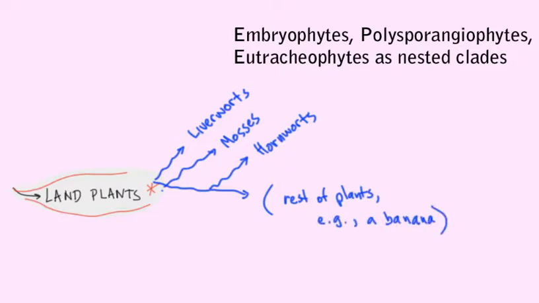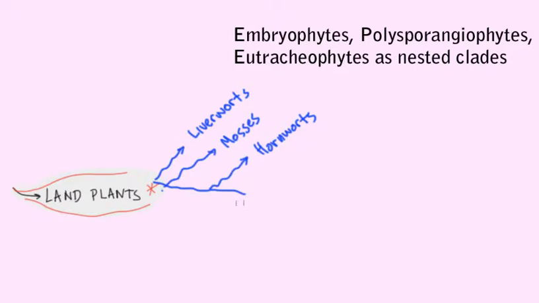In lab, you'll be treated to a buffet table of whatever we're able to collect locally of live plants from these lineages, and you'll learn their fancy names. Liverworts are the Marcantiophyta, mosses the Bryophyta, and the hornworts are the Anthoceratophyta, although we usually don't have any hornworts in our lab display. In addition, you'll be making microscopic observations on prepared slides of mosses and ferns, distinguishing the different gametangia on the gametophytes of these plants. More details about that follow in the next lecture, in which we'll focus on alternation of generations and all of